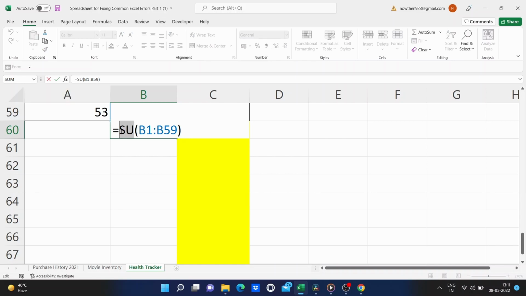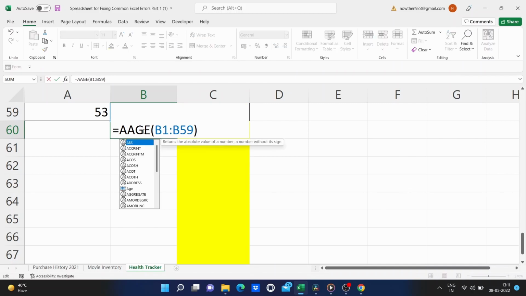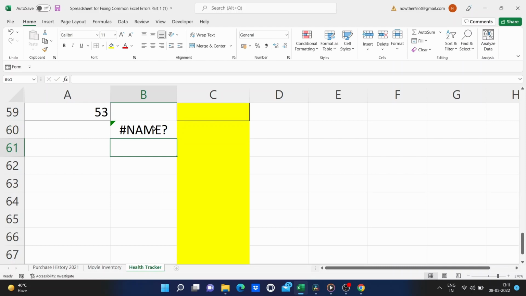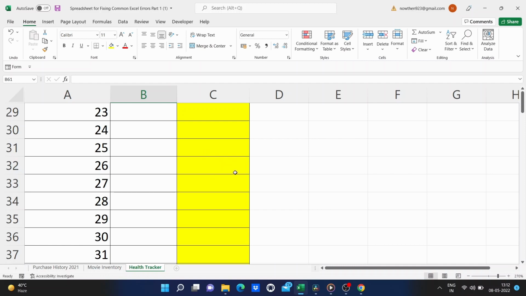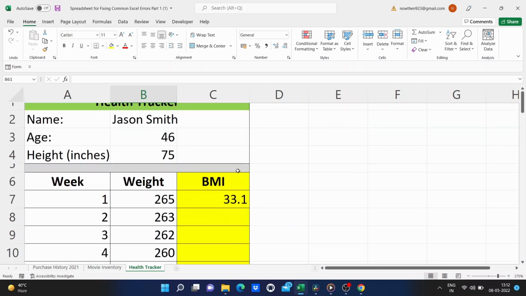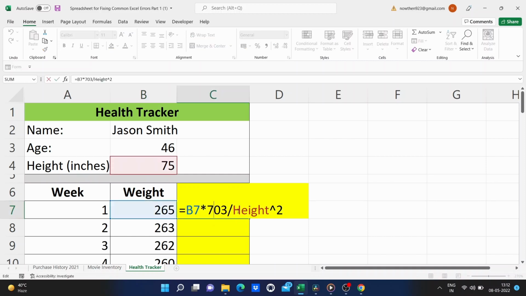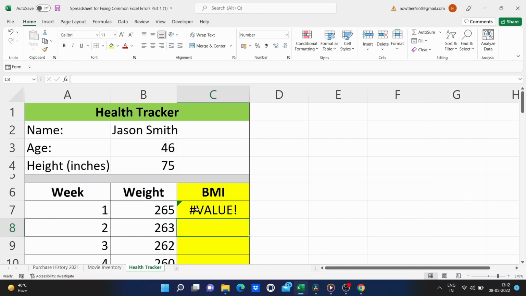You'll have the same problem if you try to do an average. But instead of typing out average, what if you just put AVG? It's gonna give you a name error. One more thing to watch for: when you get that name error message, it's possible that the reason why is because in your formula you've used quotes when you shouldn't use quotes, or you needed to use quotes. So for example, in this case, I've added quotes around the word height. When I tap enter, I get an error message. It's a little bit different error message, but still that is something also to watch out for.